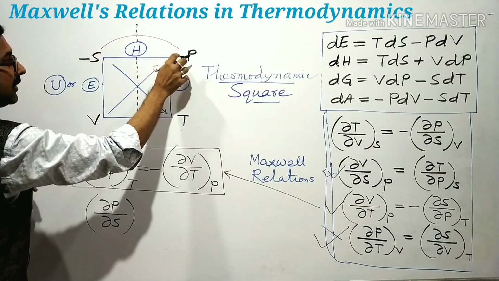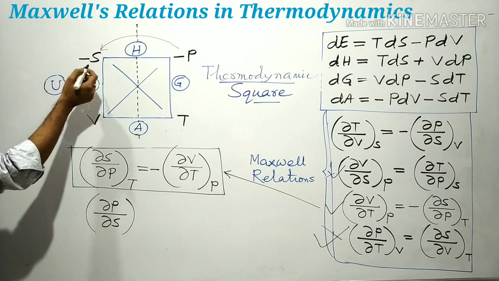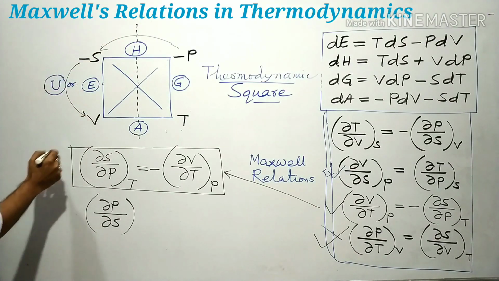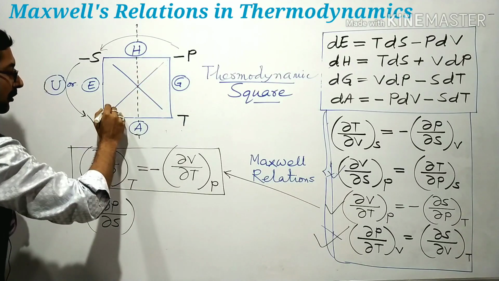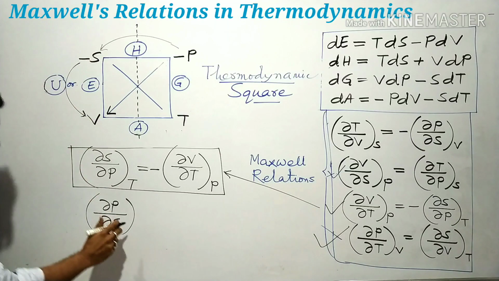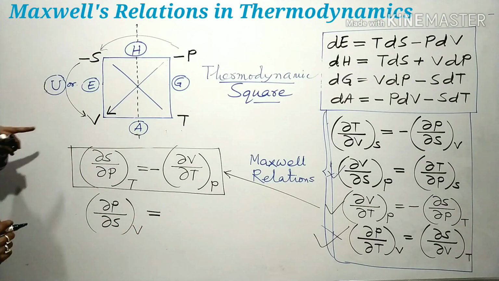We are starting from here. Del P del S, this is an anti-clockwise turn. So the next term will be V, which is present diagonally opposite to the starting point. So del P del S at constant V, this will be equal to